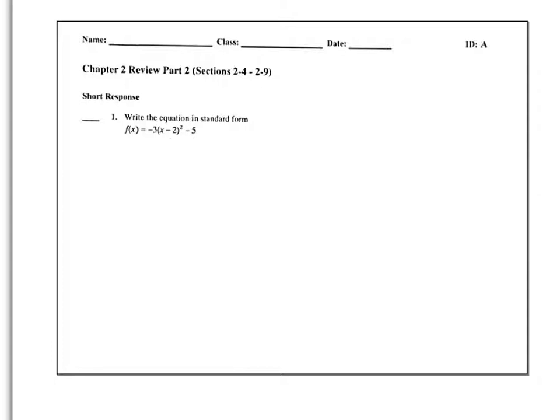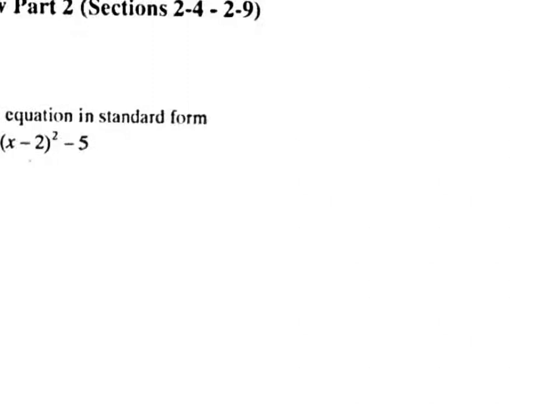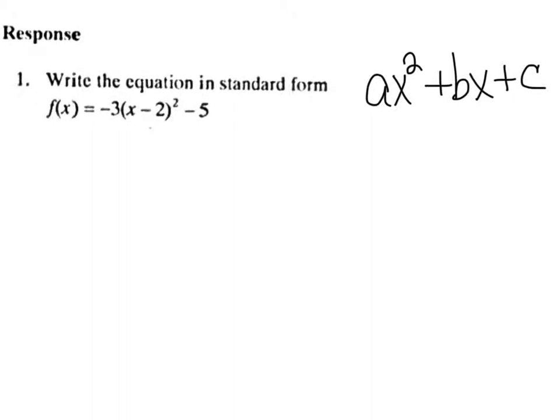When you're writing the equation in standard form, remember standard form is ax squared plus bx plus c. So we're taking our equation from vertex form and putting it into standard form, and the first thing we work with is the squared. Well, squared means to multiply something by itself, so we're going to take x minus 2 times x minus 2, and we'll FOIL. So we go x times x,